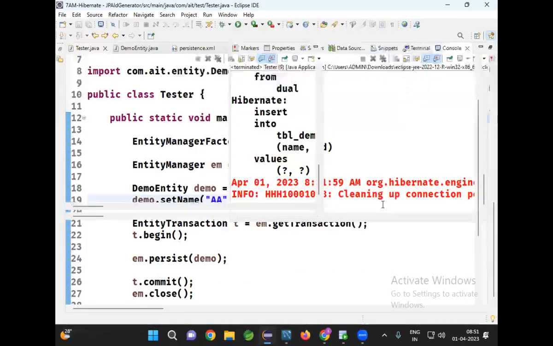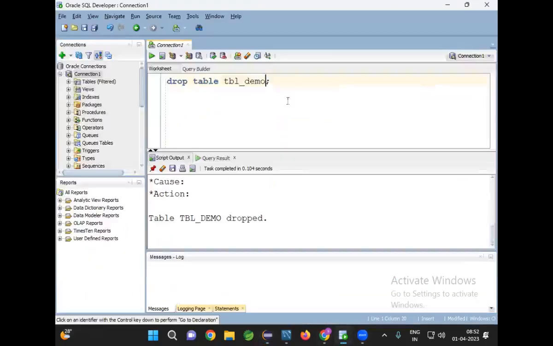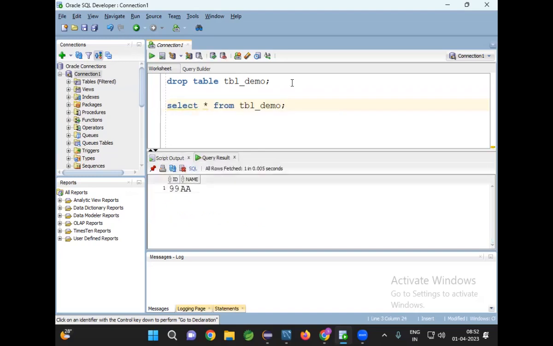Inserted. But see the answer. From where is it selecting the next value? My own sequence, not from Hibernate sequence. Okay, observe here. Select star from, what's the table name? TBL_demo. Now see,